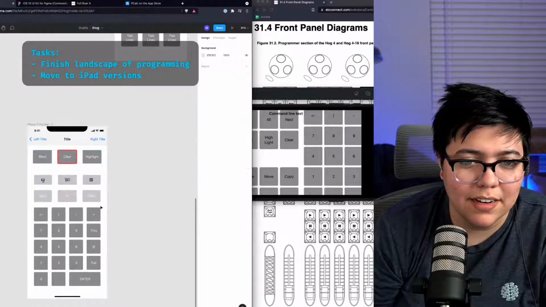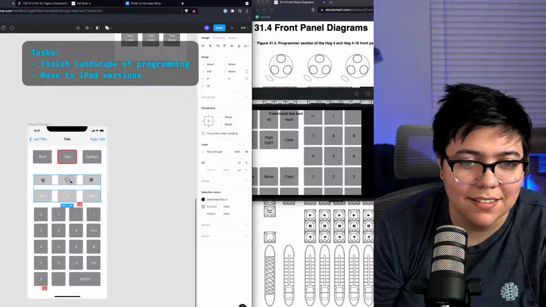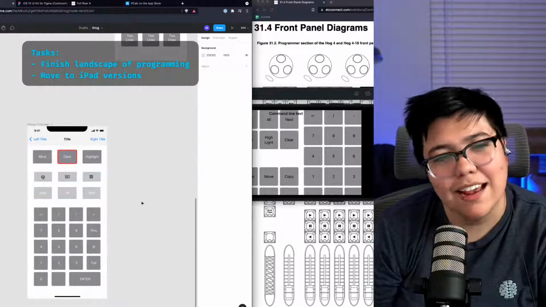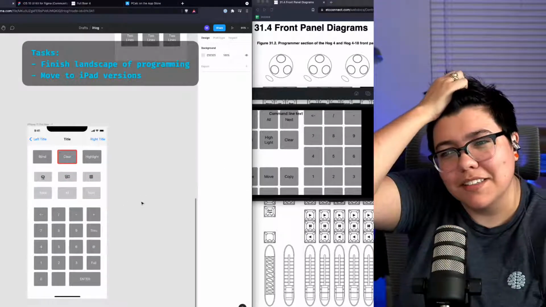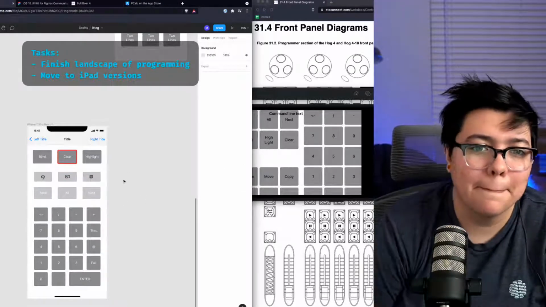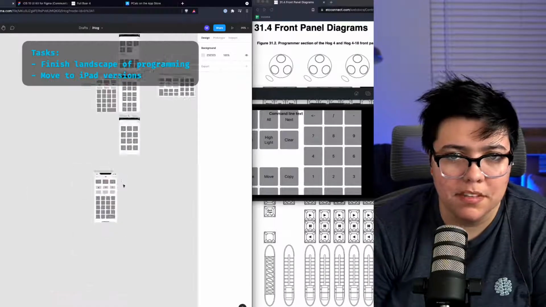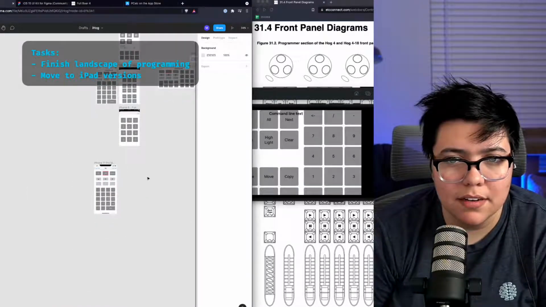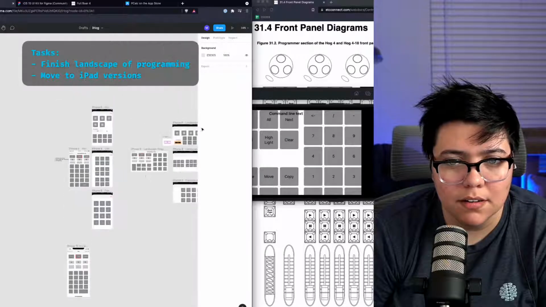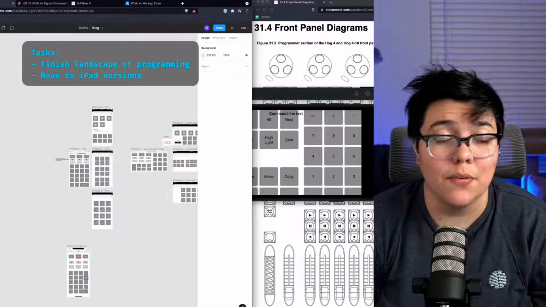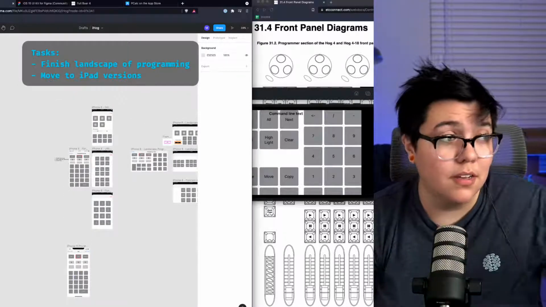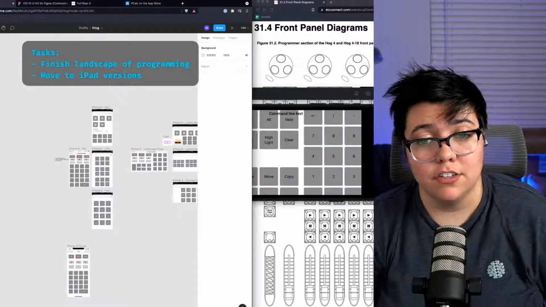All right, well, I am one to think that I don't really need to design out the rest of the phones. I think this is all going to work perfectly fine the rest of the way up, to be honest. Designing for this small little thing here actually helps on that. So I think we are done designing for iPhones, and I will try my hardest to finish iPads so that